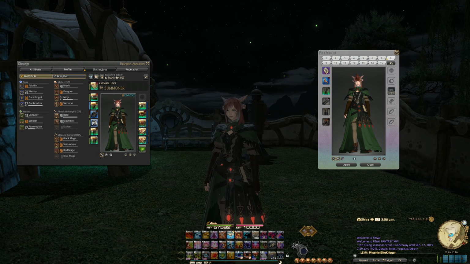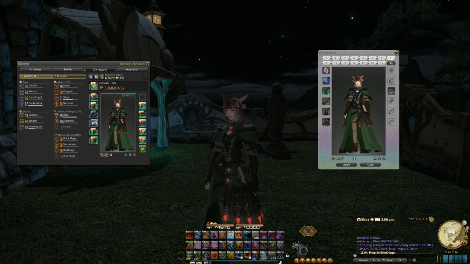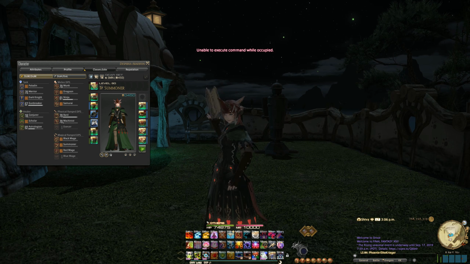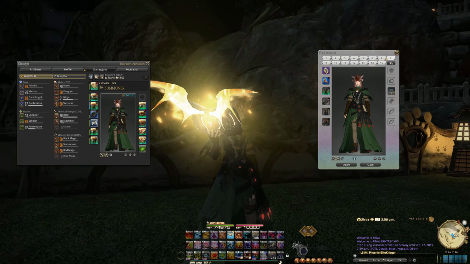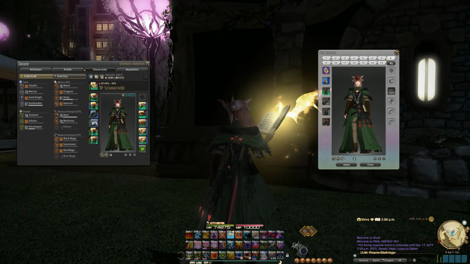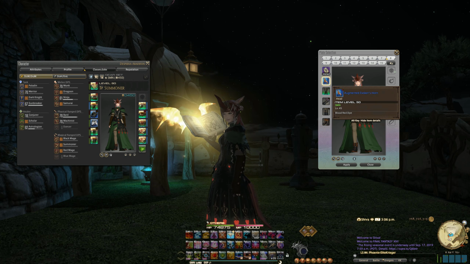Okay. Oh, the head item is very important. Yeah, this is the classical Final Fantasy Tactics summoner set. I think that the Final Fantasy Tactics summoners quite look the way this set appears to be. With the long green robe, which is the augmented True Linen robe of casting, dyed in Ochu green dye, which is another set from Stormblood you can craft and get from the market board, and the augmented Evoker's Horn, which